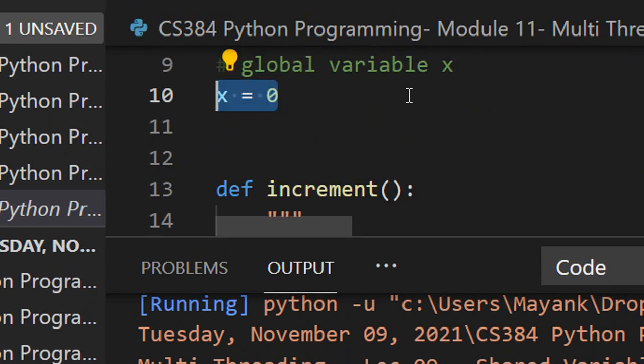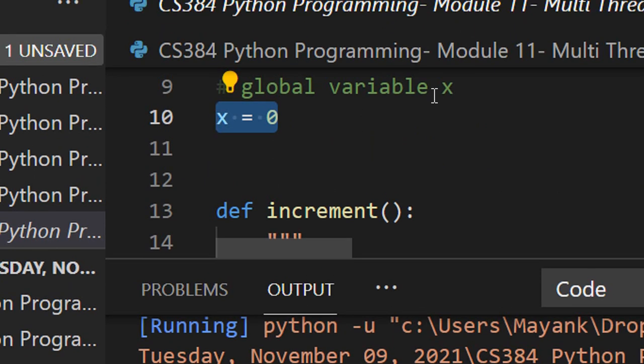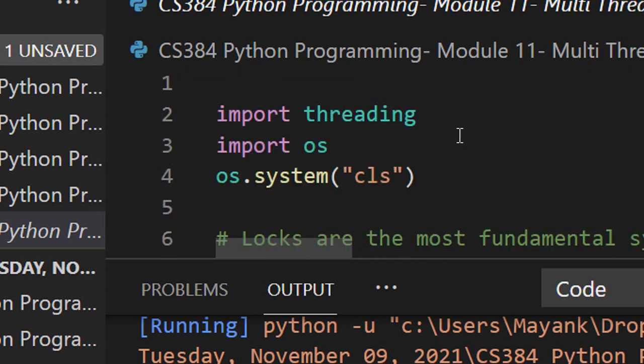Now, if you could define some mechanism where, for example, when thread T1 is incrementing the value, T2 should not do anything on that particular value. Either the T2 thread should wait for T1 to finish or something like that. So we are having multiple executions, but we are doing some kind of rationing here. For that we are using the locking system.